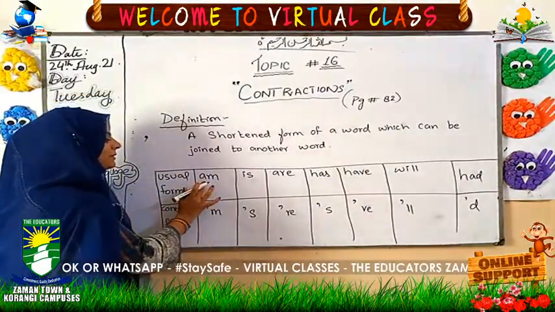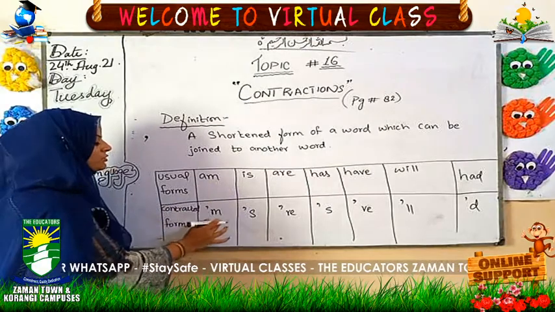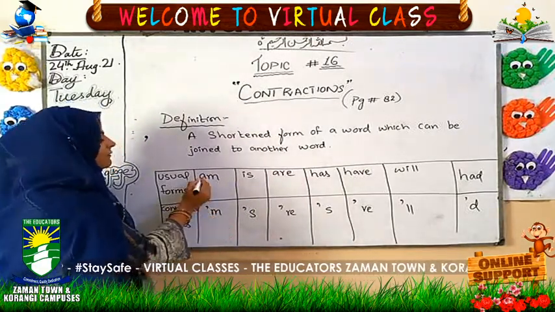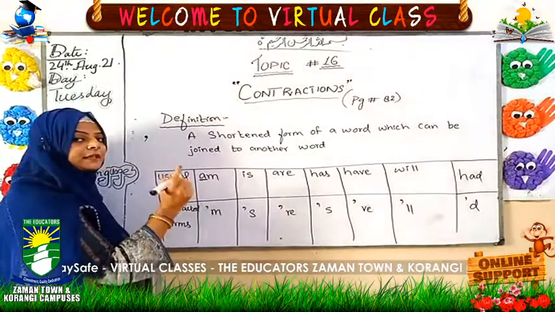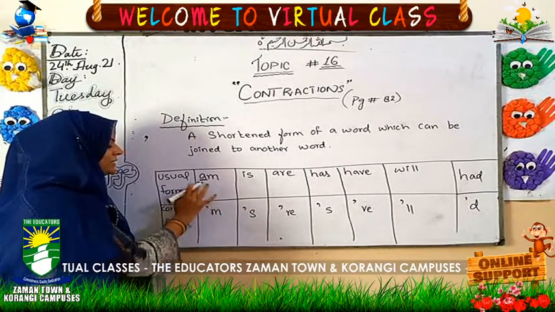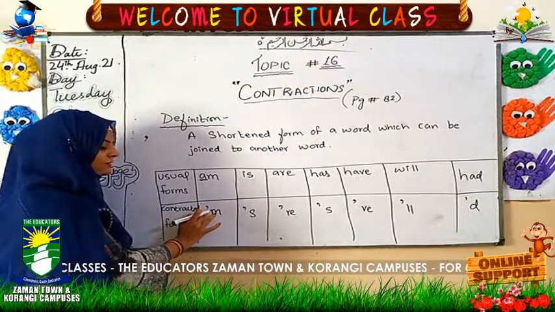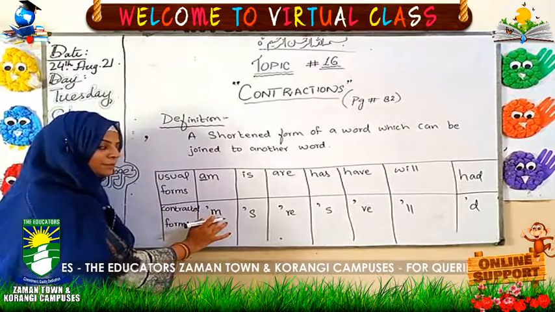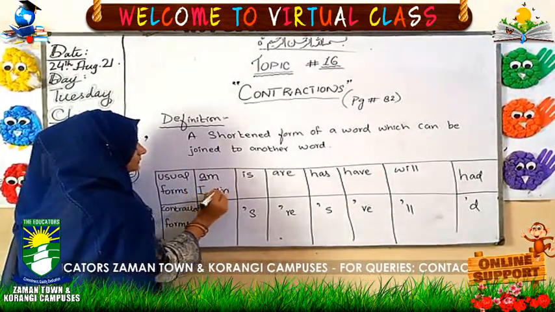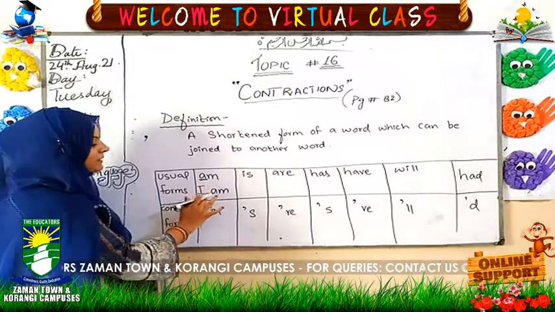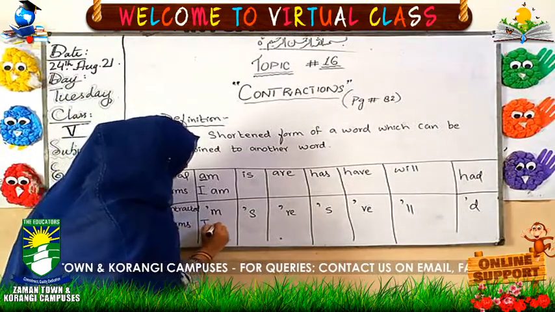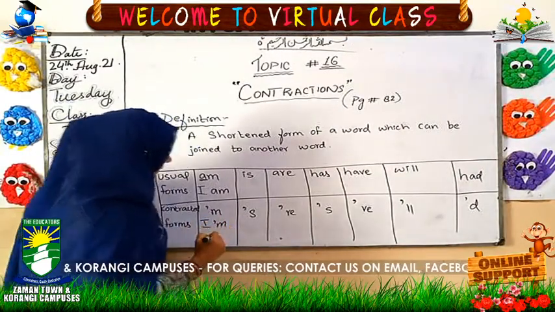The place where we use a contraction, whatever the word, we use an apostrophe. For example, we have am. If you are going to make a contracted form of am, it will be apostrophe m. We are skipping the a. The place where we skip the a, at that place we add the punctuation mark apostrophe. So it will become 'm, only m. We use mostly am with I. Subject I is always used with 'm. So it will become I'm.